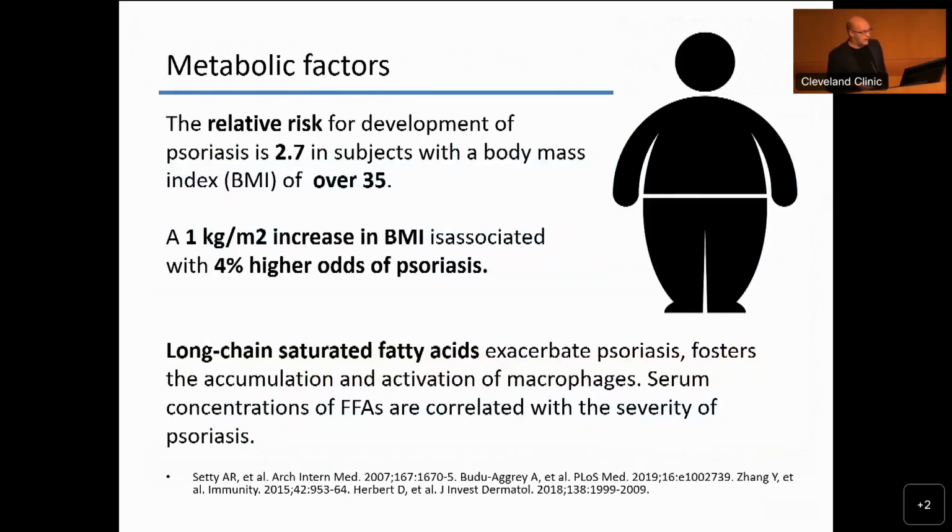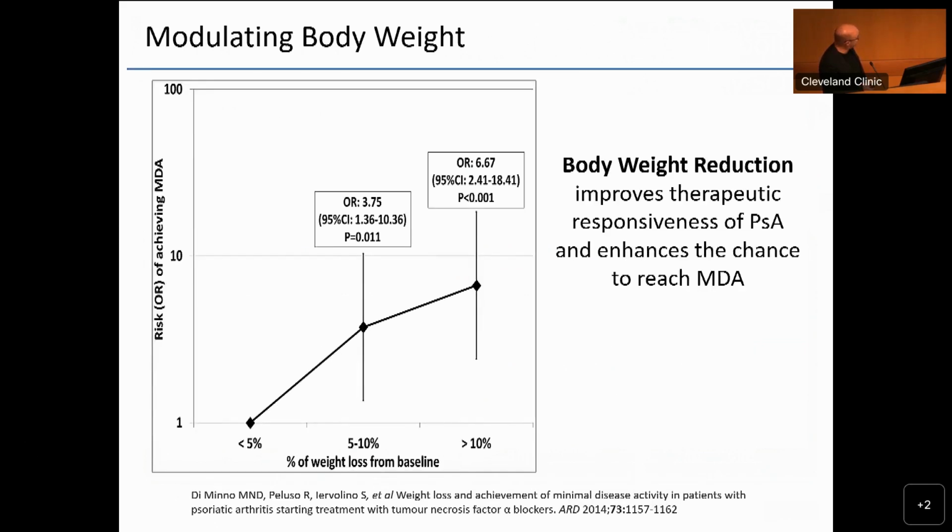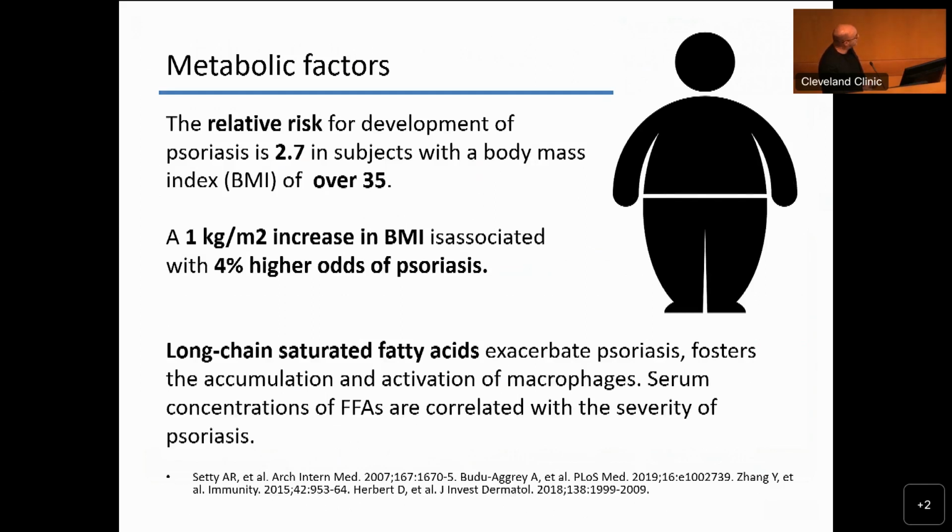Now, the second key part is metabolic factors, and this is contributing to both skin and joint disease. It's pretty amazing that the psoriasis risk more than doubles with a BMI over 35. And this is probably not only based on the presence of adipose tissue, but it's also linked to a deeper metabolic change because there is an increase of long-chain saturated fatty acids in psoriatic disease. And these long-chain saturated fatty acids, I will show you that in a second, are pro-inflammatory and induce